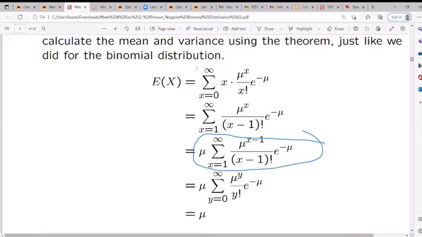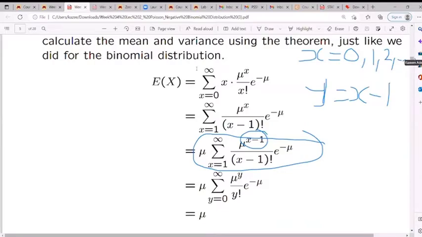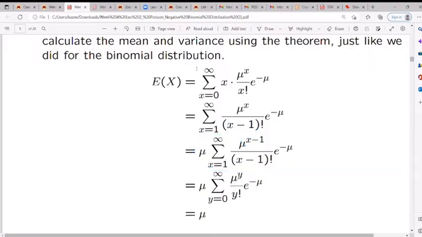Okay, where we are now, we're going to let y represent x minus 1. And don't forget, initially x starts from 0, 1, 2 up to infinity. If y equals x minus 1, then if you take a look at where we are now, the moment we have x minus 1, we are not going to have x start from 0 anymore. We're basically going to have x start from 1,